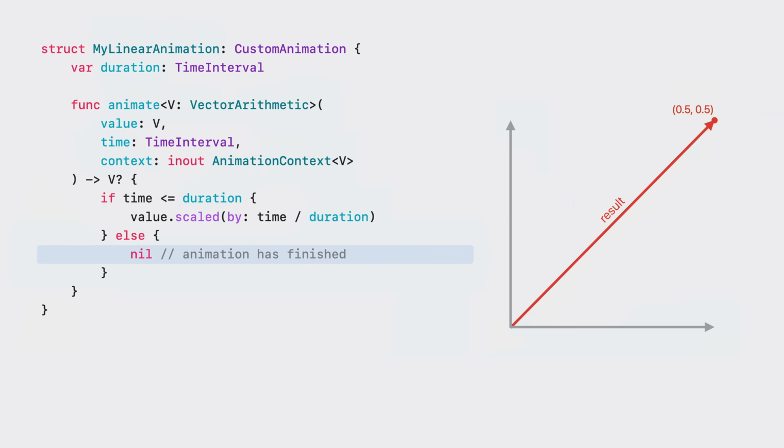And once the full duration has elapsed, I'll return nil to indicate that the animation is finished and can be removed. That's it. And because this implementation is generic, it works with animatable data of any number of dimensions. So that's how animatable and animation work together to produce the impressive visual effects that appear in your UI.